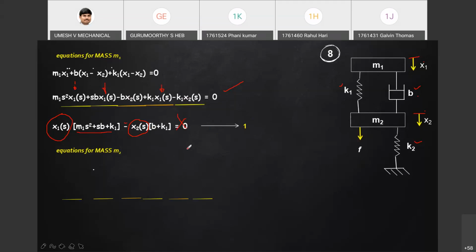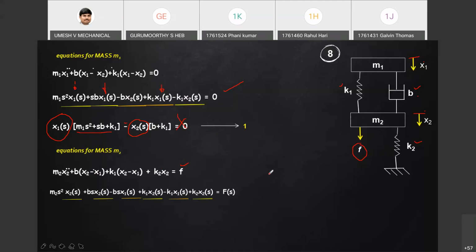For mass M2, can you directly write now? Force, rest all the forces will be acting in the other direction. So force applied, all the other forces, take the Laplace transform,